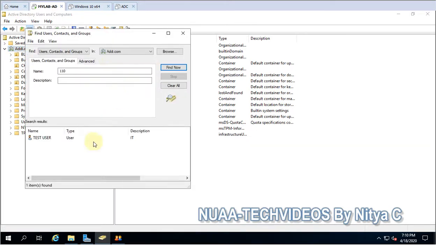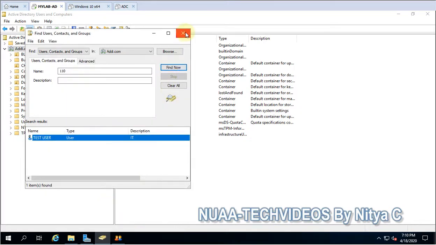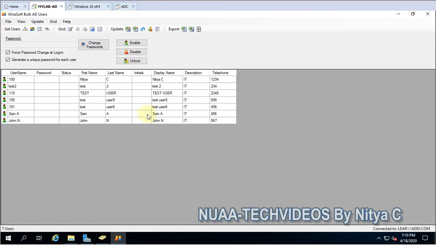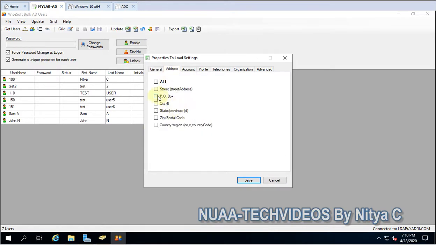Okay, and here you go. You can see the description, and you can see the telephone is also updated. And similarly, if you want to update more parameters, if that is relevant to you, from here you can load office, physical network, web, email, CN, and address, PO, city, whatever you want you can pick from here.